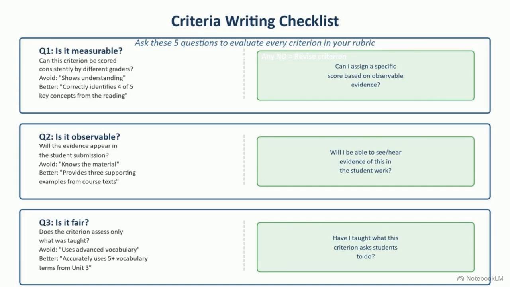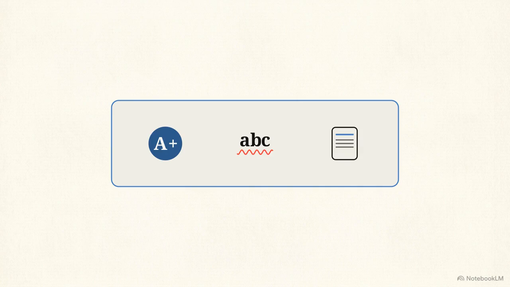The first major failure point is vague language. Phrases like "demonstrates understanding" cannot be scored consistently by different graders. The second major failure point is the multidimensional criterion, which happens when AI bundles distinct dimensions together, like merging grammar,